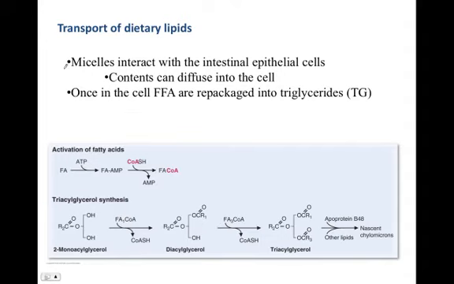So again, once the micelles interact with our intestinal epithelial cells, the contents diffuse into the cells, and again, our bile salts are recycled back to the liver and stored in the gallbladder. The free fatty acids are repackaged into triglycerides in the following scheme, where our free fatty acids are activated to fatty acyl-CoA here,